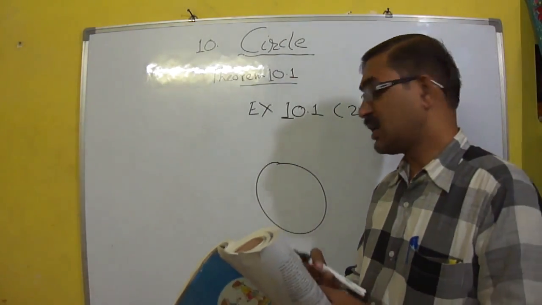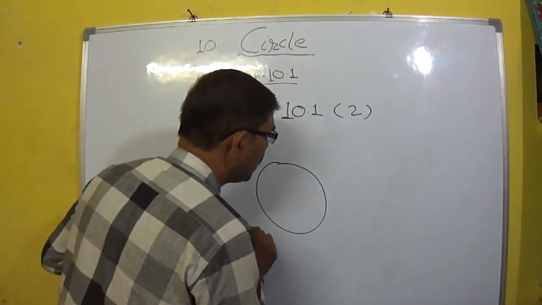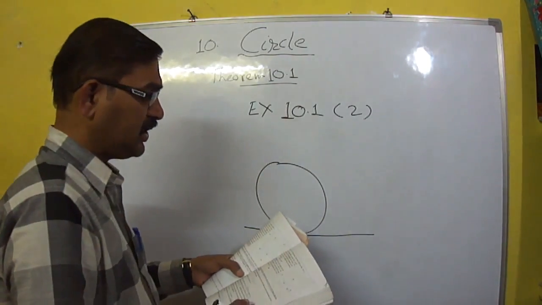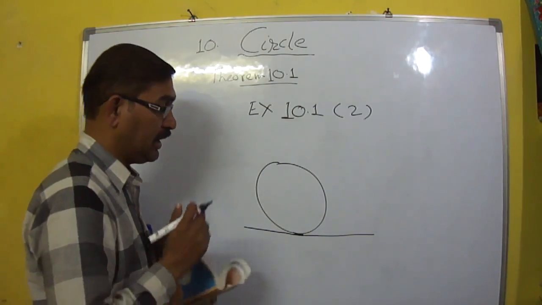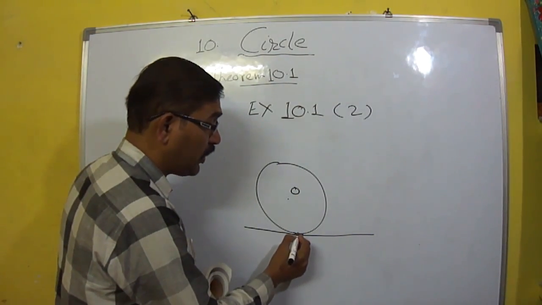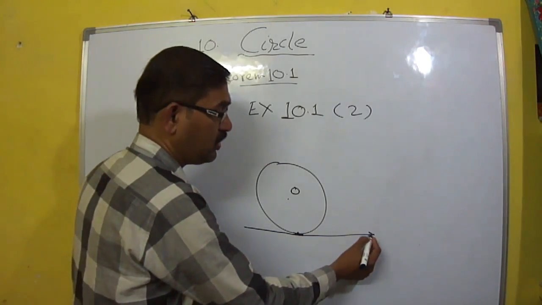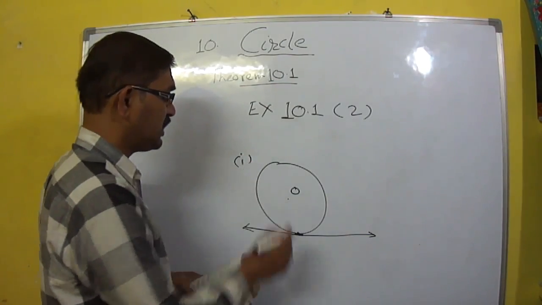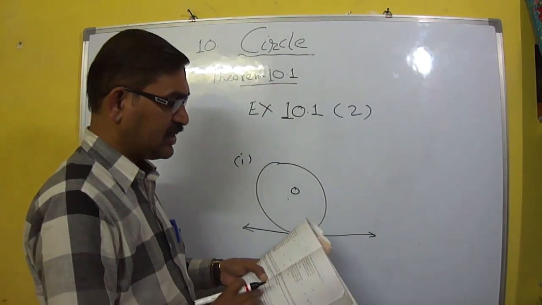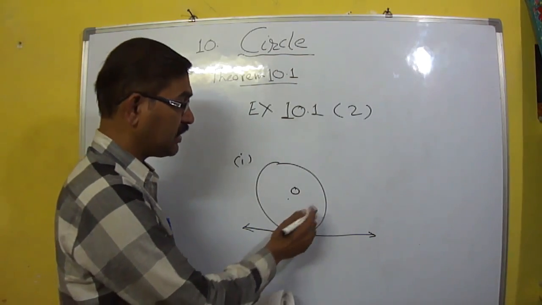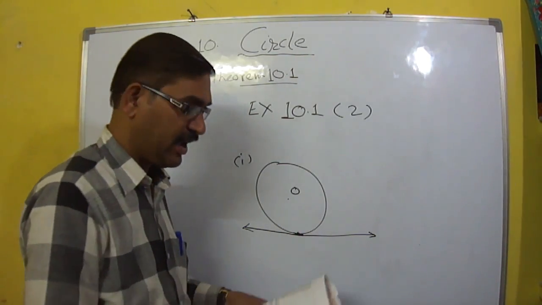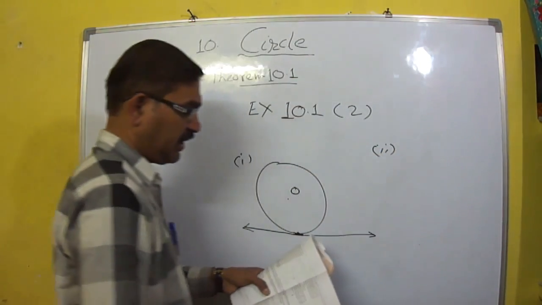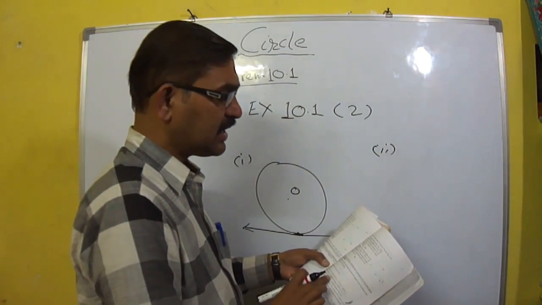A tangent to a circle. This is a circle and this is your tangent. Okay, it can touch only one point. A tangent to a circle intersects it in only one point. Tangent कभी भी कोई भी circle को एक ही point पर intersect करती है, because a tangent can be drawn only from one point of a circle. What is the answer of this? A tangent to a circle intersects it in only one point. Tangent कभी भी सर्कल के एक ही पॉइंट को इंटरसेक्ट करती है। Second, fill in the blank. A line intersecting a circle in 2 points